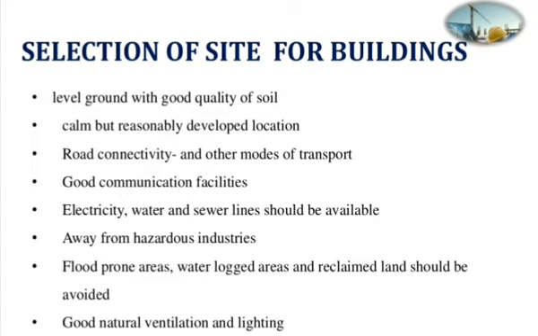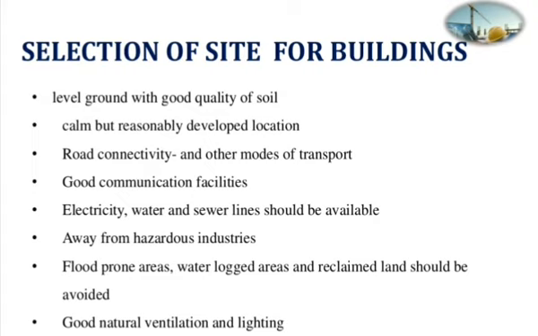So it should have a good water connection at your site, and sewer lines. The sewer lines are basically to drain out the wastewater from your household. Otherwise, during the rainy season, if sewer lines do not function properly, there will be a lot of waterlogging problems around the site.